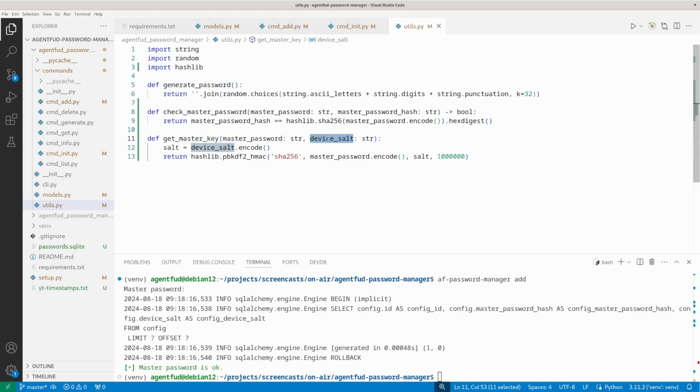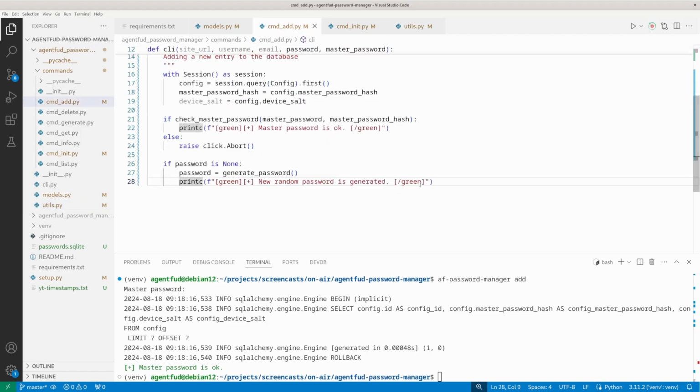Just to let you know, storing the device salt here in the database is not actually 100% correct, because this device salt should be stored on the device where you are using the stuff. For example, if someone gets the database, they will know what the device salt is, and they can already start running a rainbow table attack against it. But for this video it is not very important. I just want to run something which can give us good results. Okay, so let's get back to